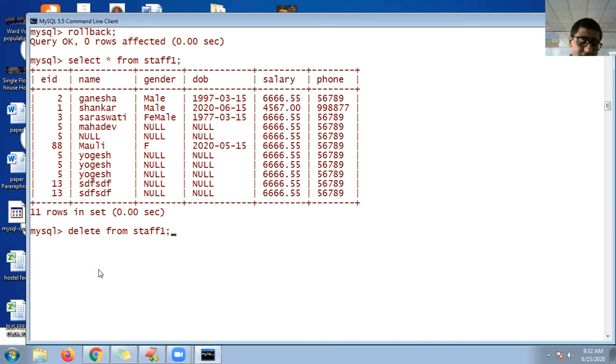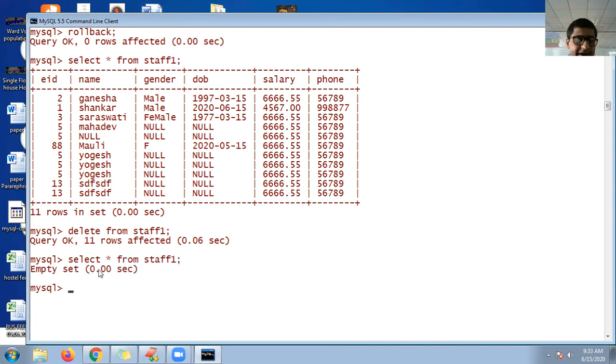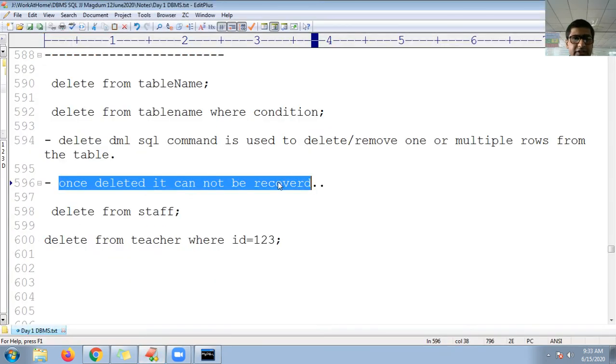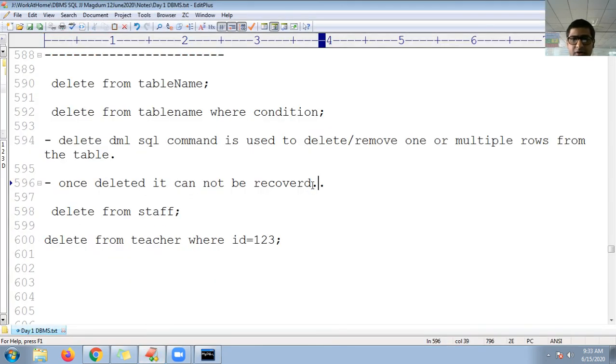All the rows are deleted, and once you delete all the rows, you cannot recover them. So all 11 rows are affected. If I go for select star from staff 1, you don't find a single row or record or tuple from staff 1, and those records are deleted permanently. So once deleted, it cannot be recovered, or you can call deletion permanent.